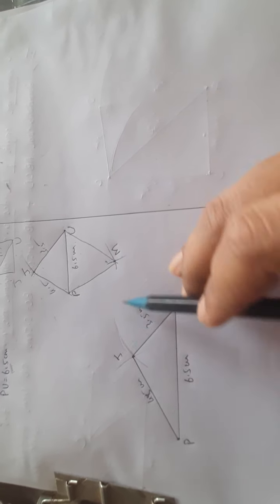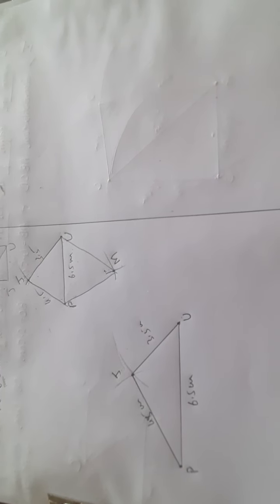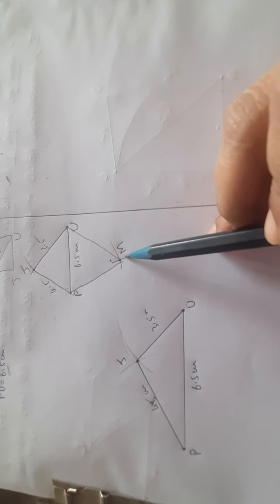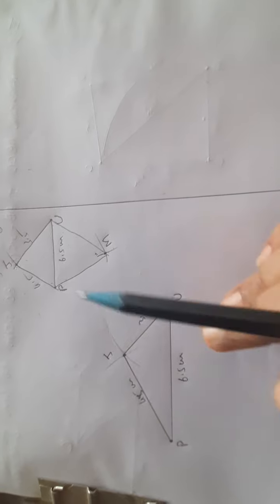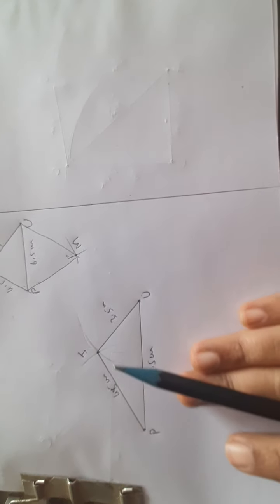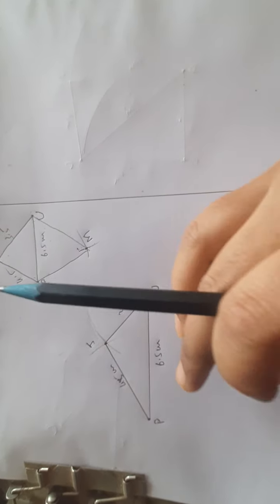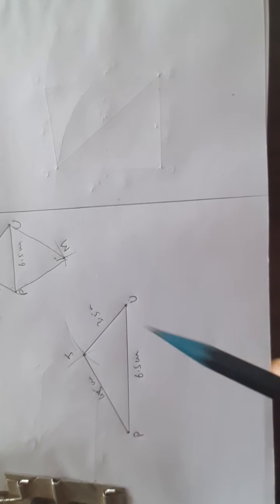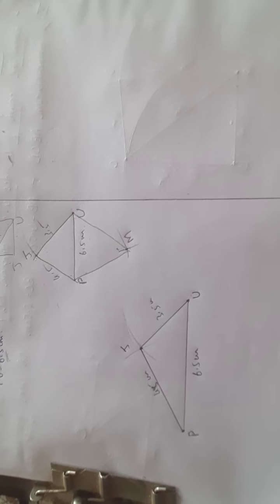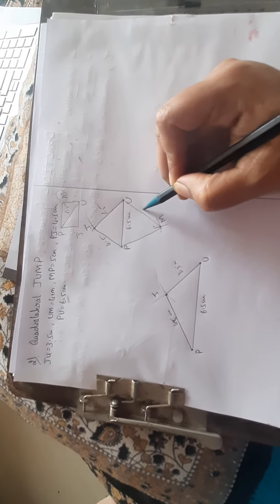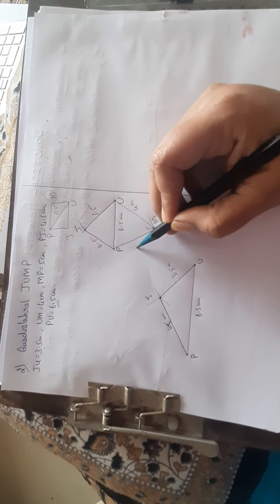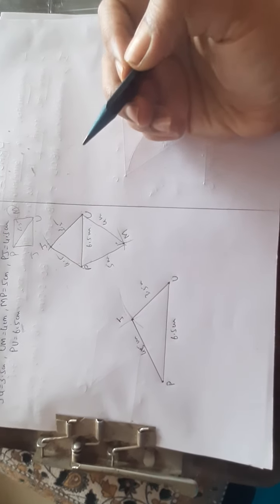I have labeled and written all the measurements, children. Follow the same steps. Next is constructing vertex M, which should come here below, right? So when constructing, children, make sure in the classwork you have enough space. Simply don't start the construction here. Why? By a rough sketch you should know where the vertex M will come. So now what is this length UM? I have not written it only, see. UM is 4 centimeter and PM or MP is 5 centimeter.